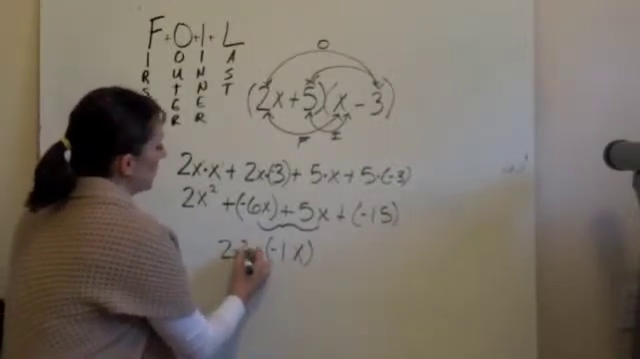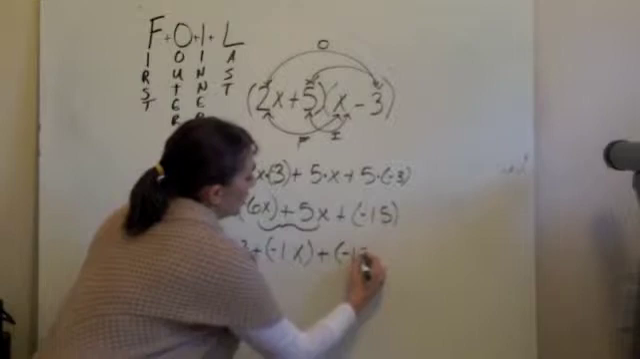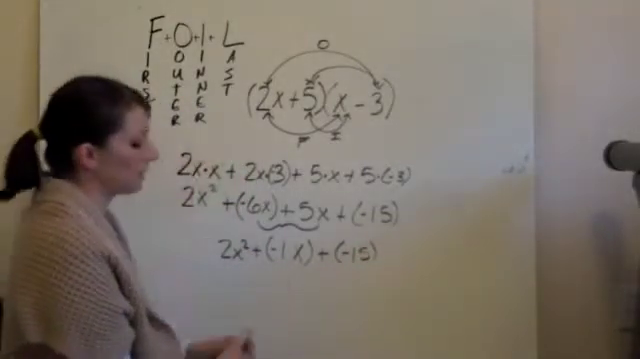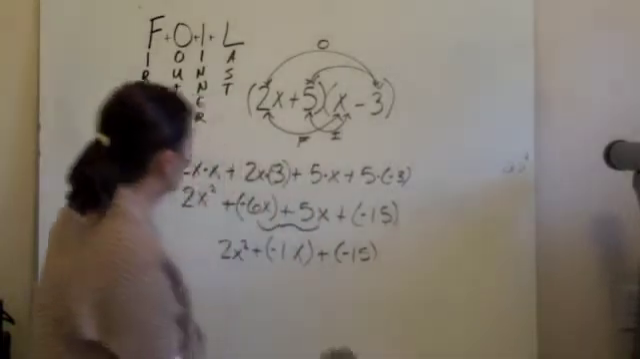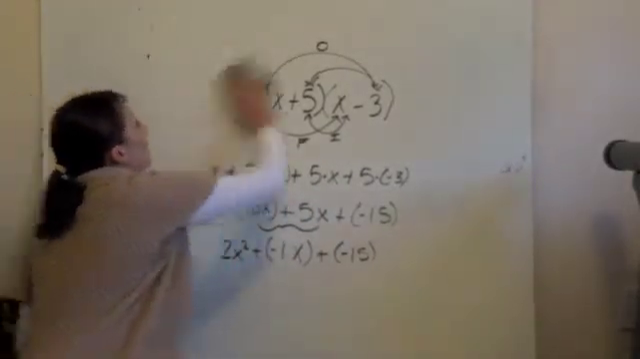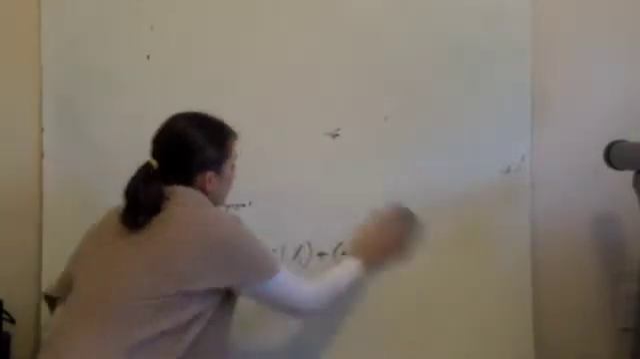plus 2x squared plus negative 15. And that's all there is to the FOIL method. You use this method anytime you multiply binomials together. So it makes it very simple. Okay, the next thing